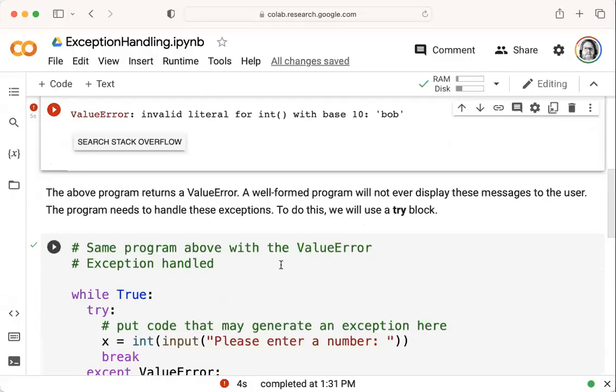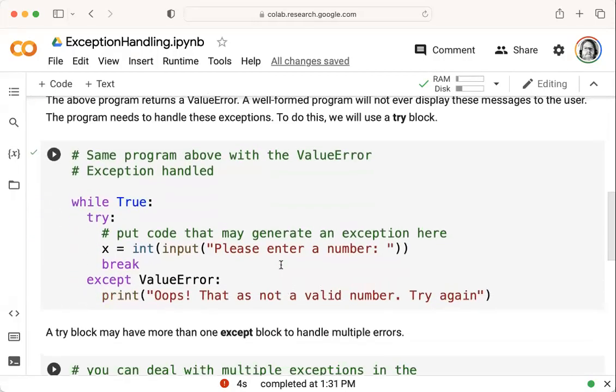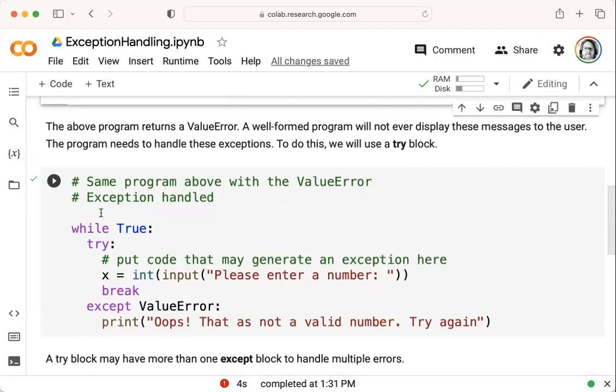In this case, I've got more or less the same program, except that I've added a loop here. While True, so it's going to keep going forever and ever. I'm going to try the same line we had before, x is equal to int(input("Please enter a number")). If we do this with a number, it hits the break, we're out of the while loop, and we go on our way. But if we enter something that's not a number,